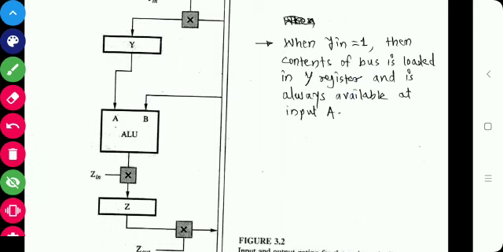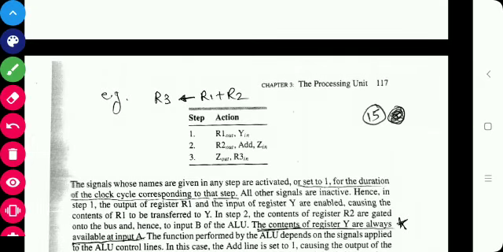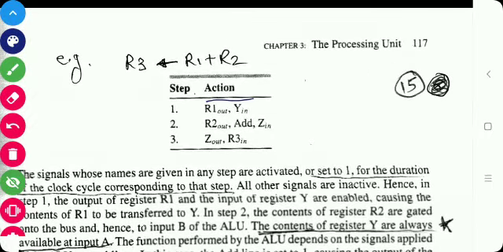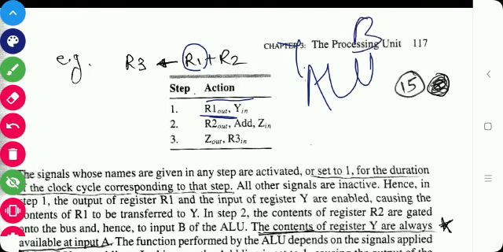According to this, the sequence of instructions is: if we want to add R1 and R2 and store the result into R3, then the steps are: R1 out. The contents of R1 are put out, because one of the inputs of the ALU is in Y and the second is from the bus. So that is loaded into the Y register. Then R2 out, and Y and R2 are added,